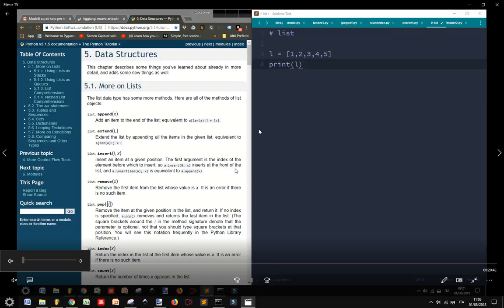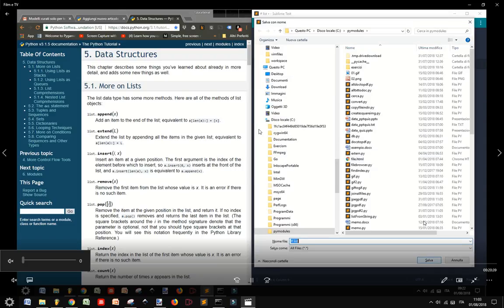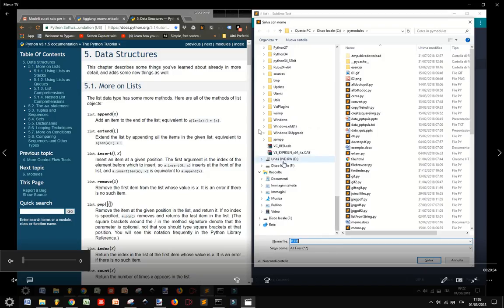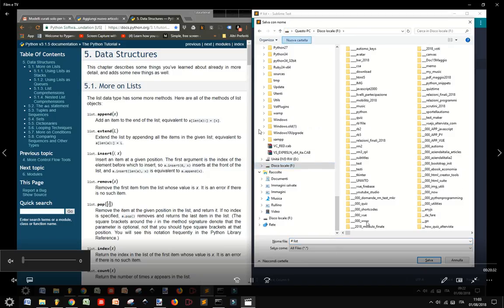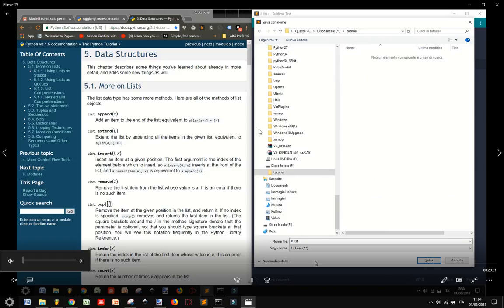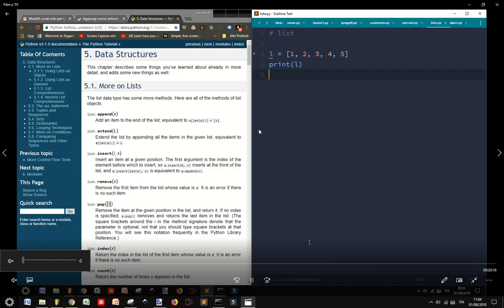I have to save the file. Wait a moment. While I'm saving the file, I want to say that the variable is the name that points to the list containing those items. If we print it, let me save the file, and then let me run this script. Here it is, how it appears: 1, 2, 3, 4 in square brackets,